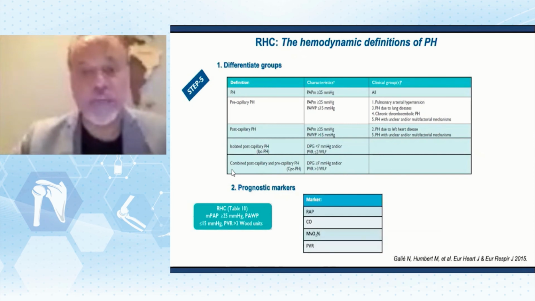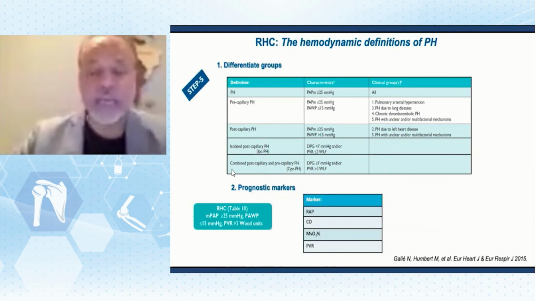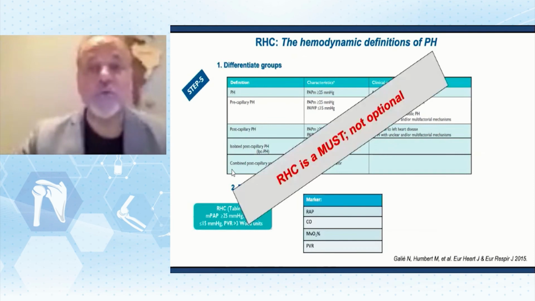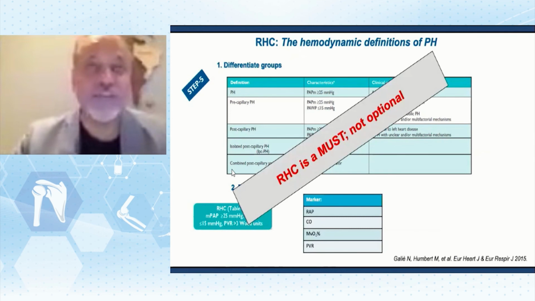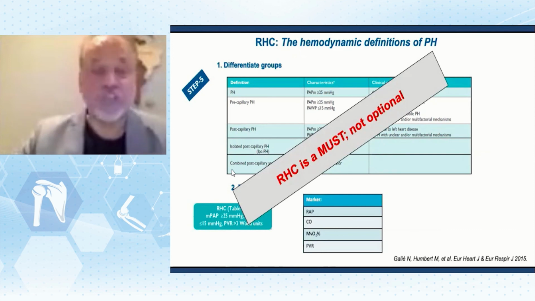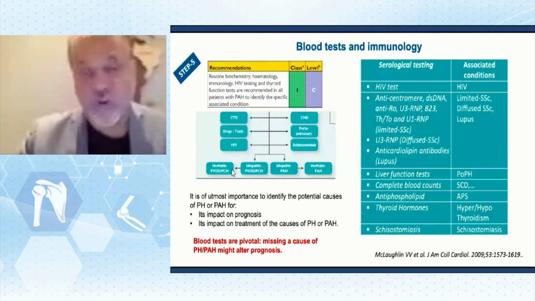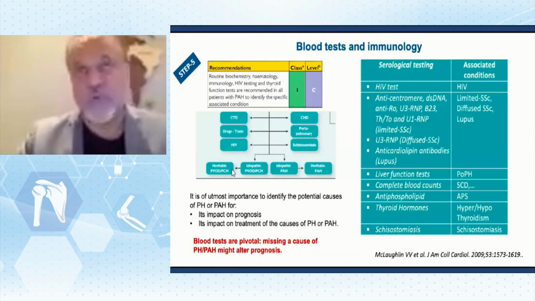And sometimes you have complex cases where you have combined pre and post capillary pulmonary hypertension. So this is why in the pulmonary hypertension field, we keep saying right heart cath is a must in those patients. It is never optional. So whenever you confirm the PAH subtype, as you